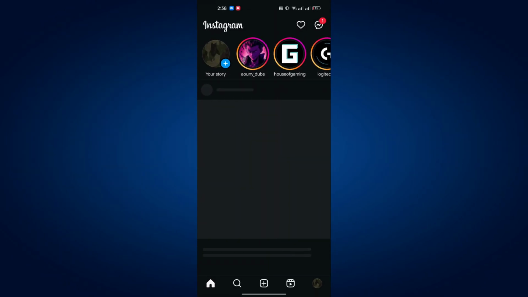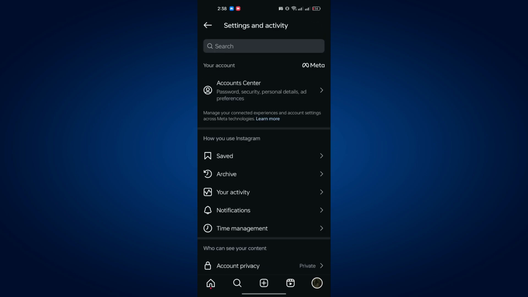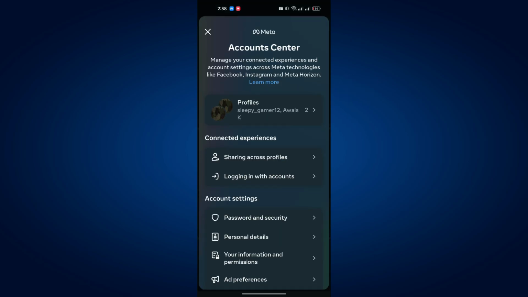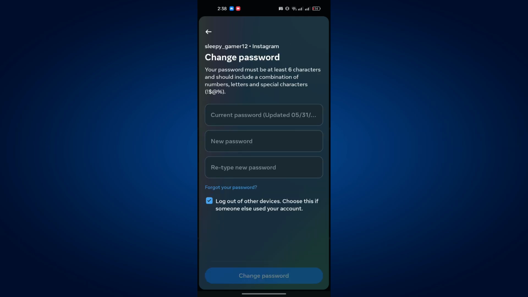First, open your Instagram app and tap on your profile icon at the bottom right corner. Then, tap on Account Center. From here, click on Password and Security. Then tap on Change Password. Now, select your account. You'll notice that Instagram doesn't allow you to see your current password, but there's a trick